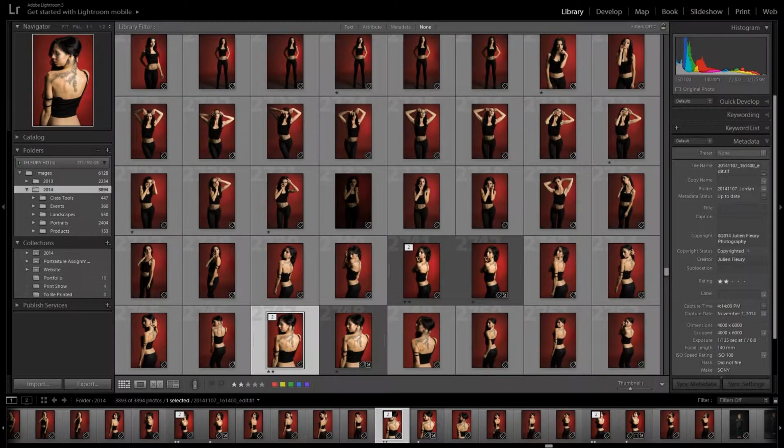Hello everyone, and today I'm going to be talking about the library module in Lightroom CS5. So left-hand corner is going to be your hard drive, where you're going to find all your images basically. So there's the one that I have, it's my external hard drive. In that external hard drive, I'm going to have a folder called images where I have every single one of